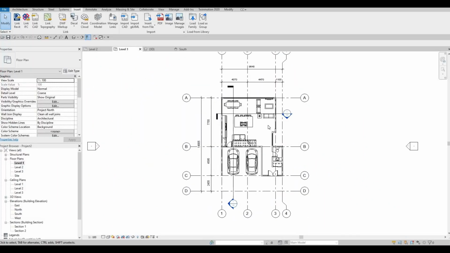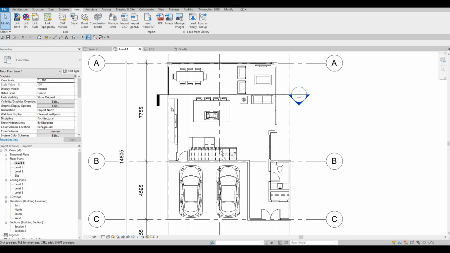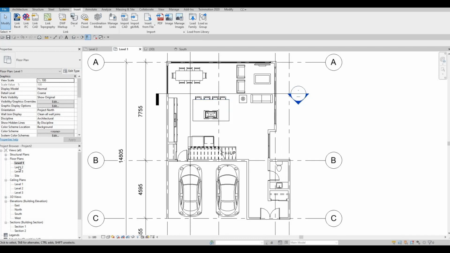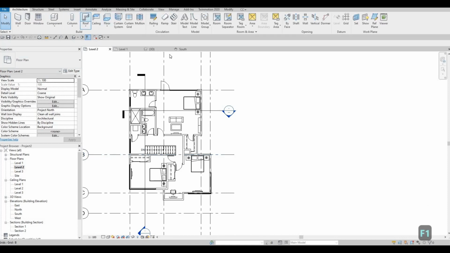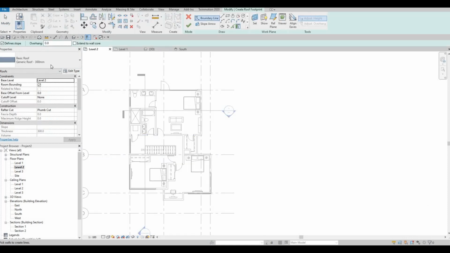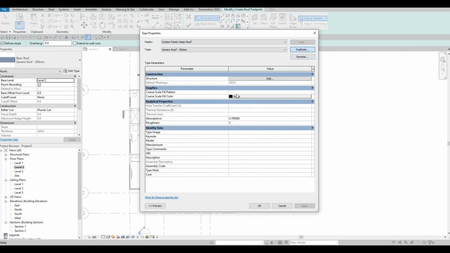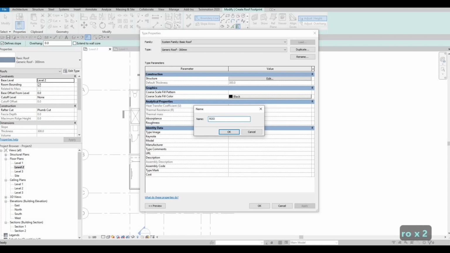So in the previous video, we were able to finish off the windows. Now let's go to level 2, and from level 2, we're going to add our roof. So go to our architecture and then click on roof. And what we want to do is you need to edit this type, duplicate this roof, and put in roof number 1,